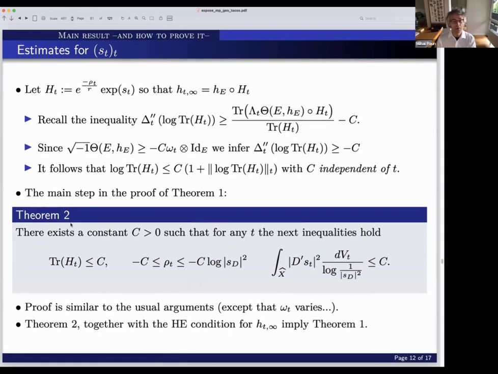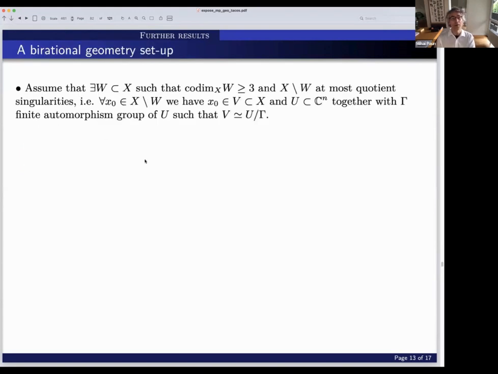So somehow Theorem 2, together with the Hermitian-Einstein condition that we already have, gives exactly the estimates that one needs in order to obtain Theorem 1 that I was mentioning before. Fine. Now let's move to another topic, which is